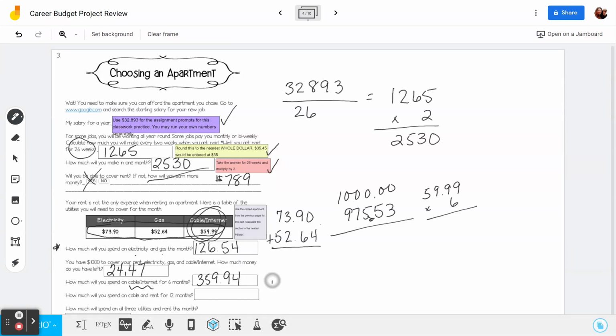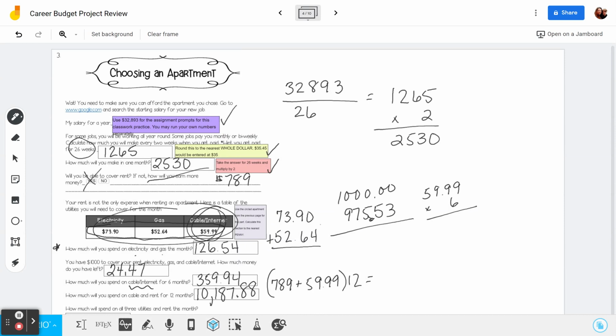So again, your rent is $789 and your cable is $59.99. You're going to take that total and multiply by 12. And when you do that, you would get $10,187.88. And it says, how much would you spend on all 3 utilities and rent in 1 month? So when you do that, you're going to add up your rent and the entire chart, and your answer should be